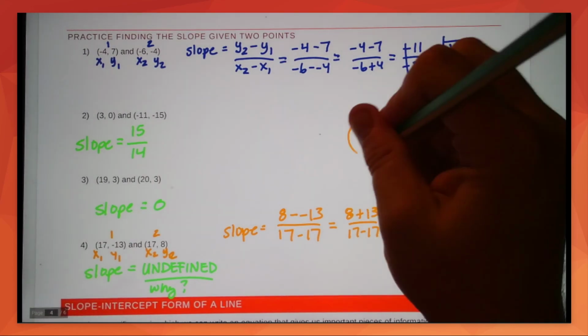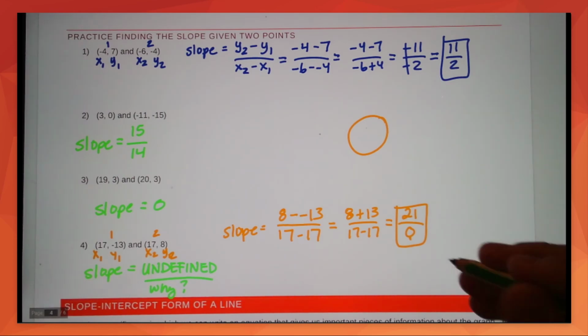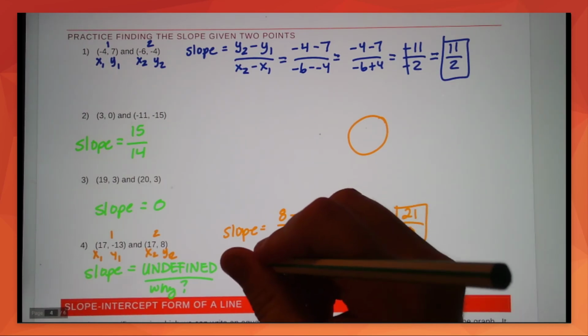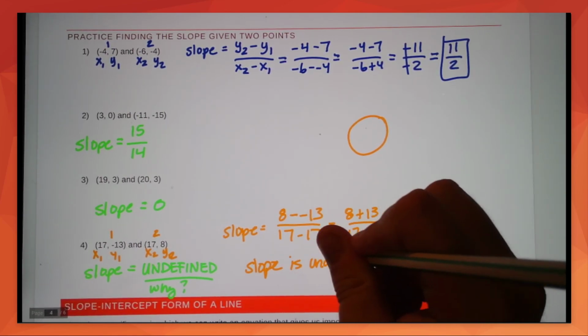If I gave you a pie, here's your full pie. Let's say this is your pie, right? It's 1 pie. And I said, cut this up into 0 pieces. What would you do with that? You can't do anything with that. It doesn't work. You can't divide something into 0 pieces. So this is actually a situation where you would have an undefined answer. The slope is undefined